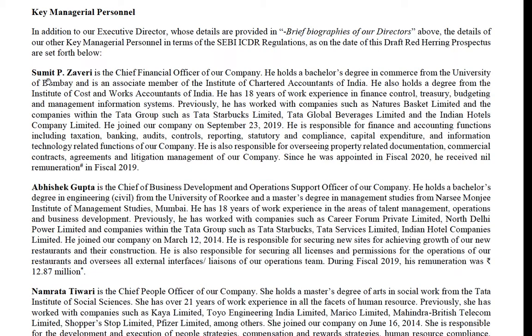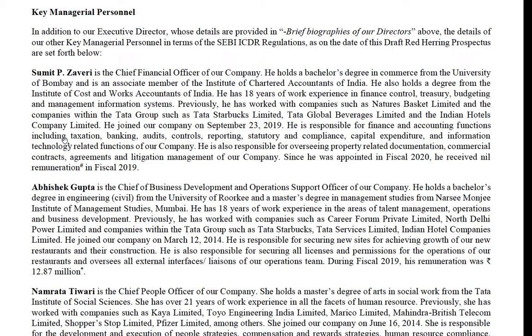So Sumit P. Zaveri is the chief financial officer of our company, holds a bachelor's degree in commerce from Bombay University. He's an associate member of the Institute of Chartered Accountants of India. He also holds a degree from the Institute of Cost and Works Accountants of India, 18 years of work experience in finance control, treasury, budgeting, and management information systems. He's worked with Nature's Basket, Tata Starbucks, Tata Global Beverages, and the Indian Hotels Limited.